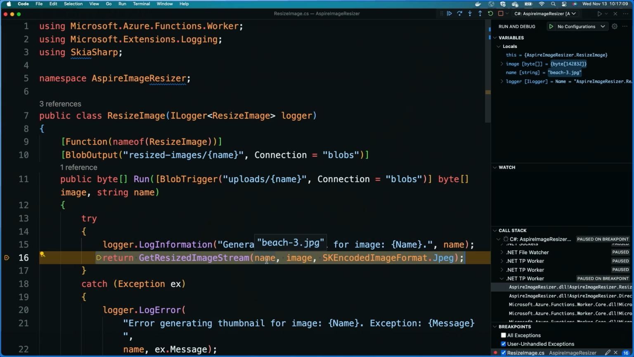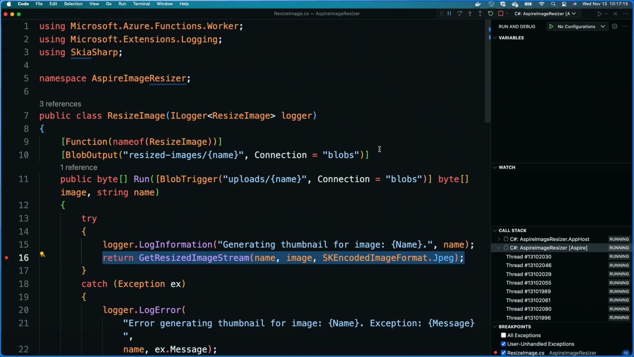We can confirm the name is beach3, which is the file that I just uploaded. We can go ahead and continue debugging from there. So that's pretty neat. I get that local debugging functionality across all of the triggers and code in my application. And if I'm not thoroughly convinced that the debugger is telling me that things work as expected, as you mentioned